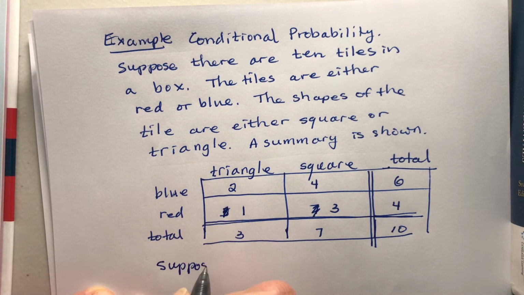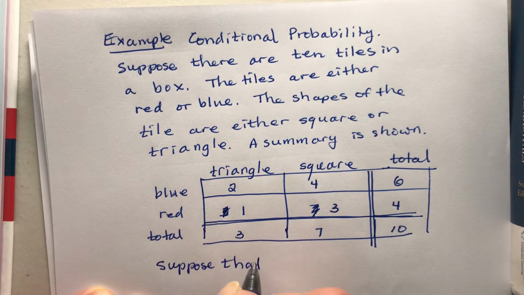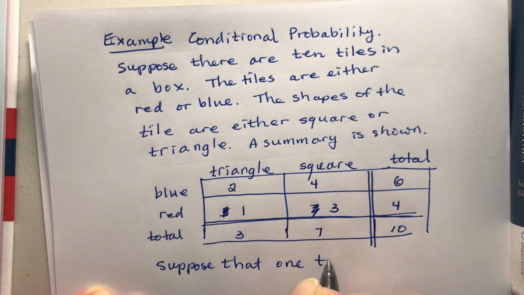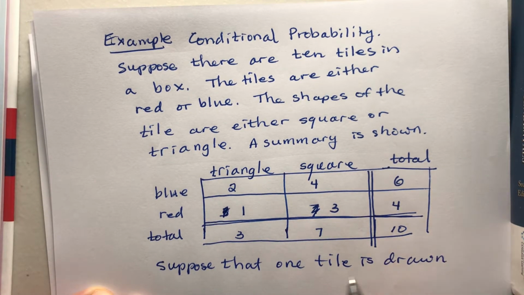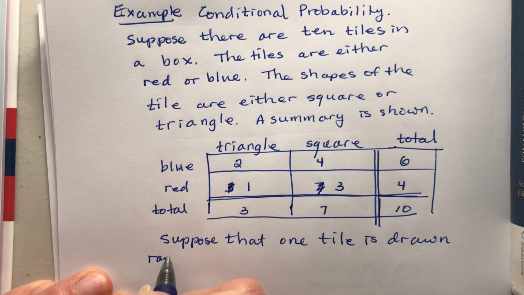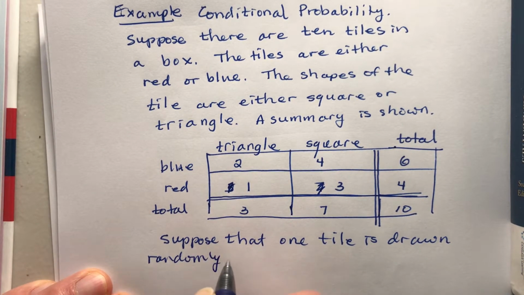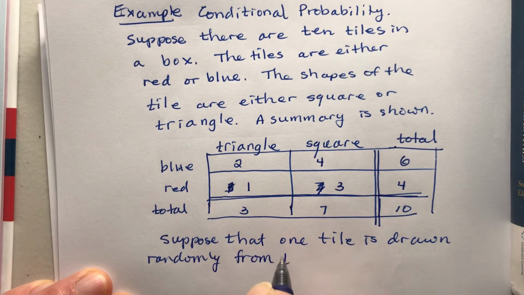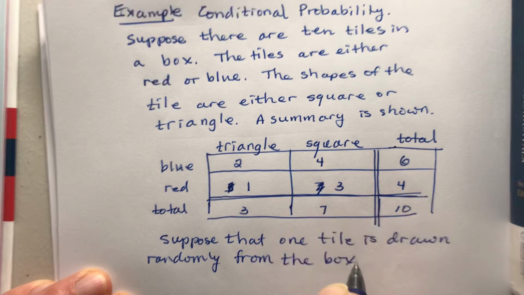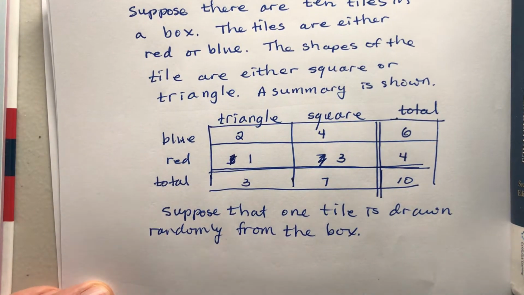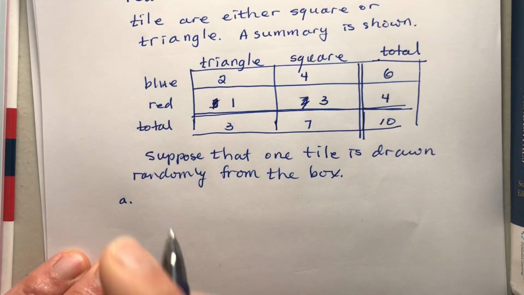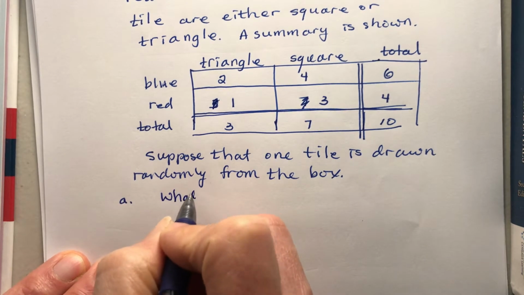Suppose that 1 tile is drawn randomly from the box. A. What is the probability